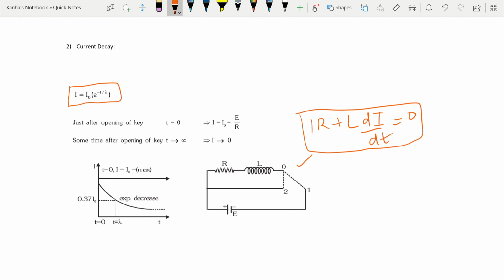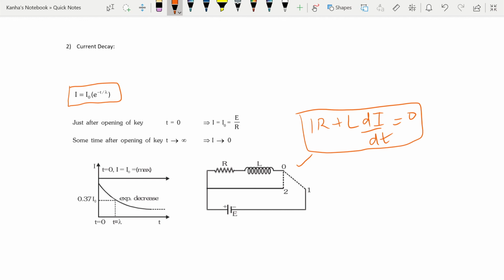Okay, at the switch put off condition, which is t is equal to 0, I get I is equal to I naught, which was the initial condition. Now because of this, my source of EMF is cut off from the circuit. Okay, so I again have the time constant as lambda, which is the time in which the current decreases up to 37%. And half-life is the time in which the current decreases up to 50% of its peak value. You can easily look at the decay rate.